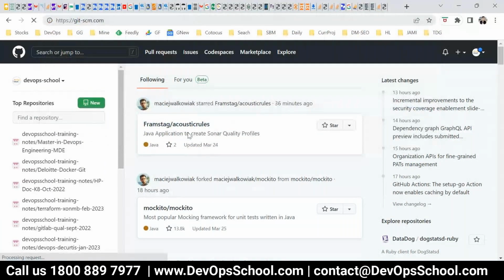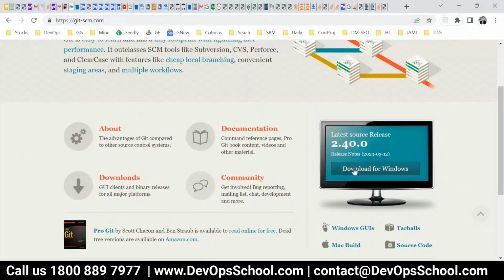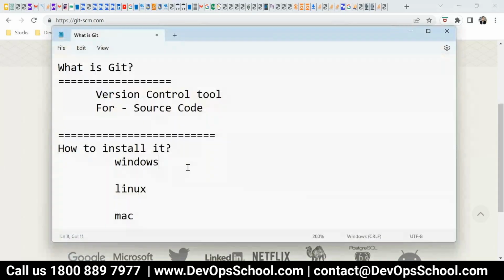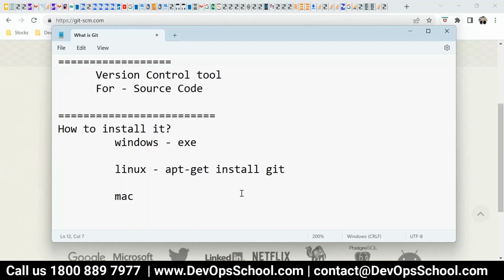This is the website, and I'm browsing from Windows, so it's showing Windows. If you browse from Linux or Mac, you'll get the Mac version. You install through the exe, download it, and you get it. On Linux, you can install with apt-get install git or yum install git. Both you can do. And on Mac also, through DMG files or something like that.